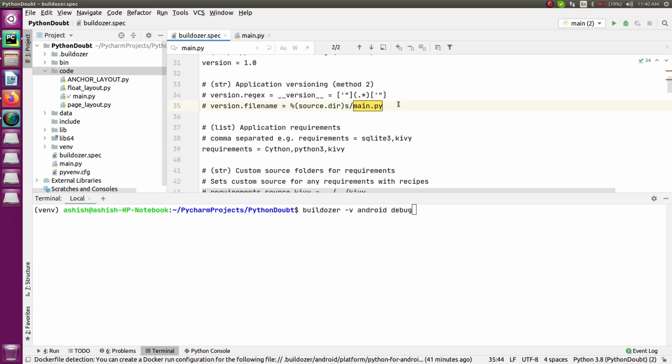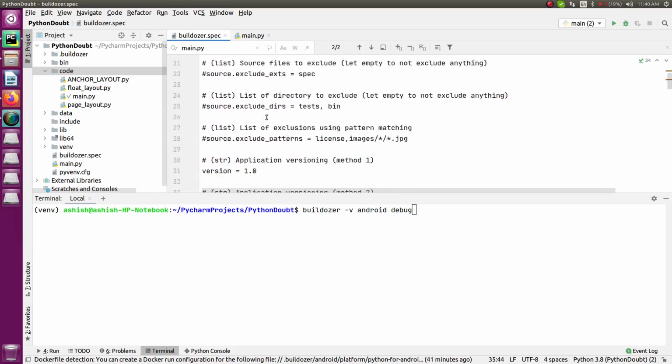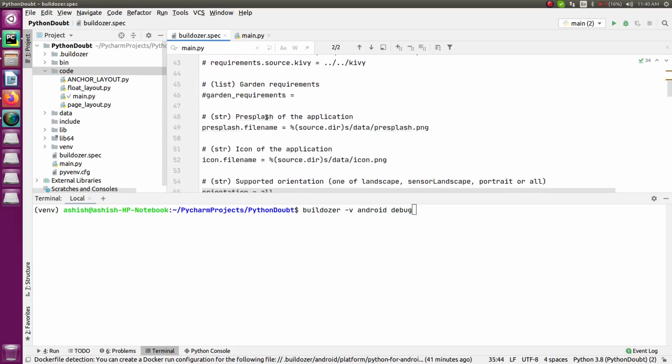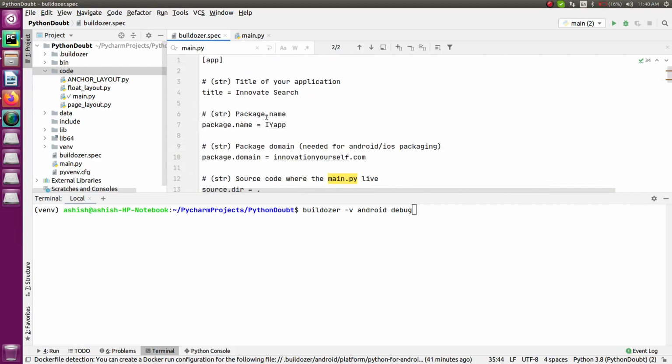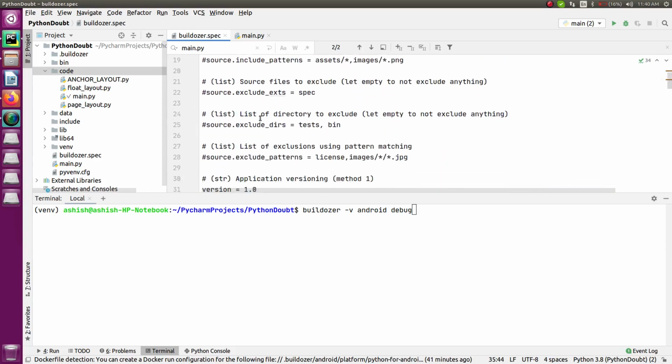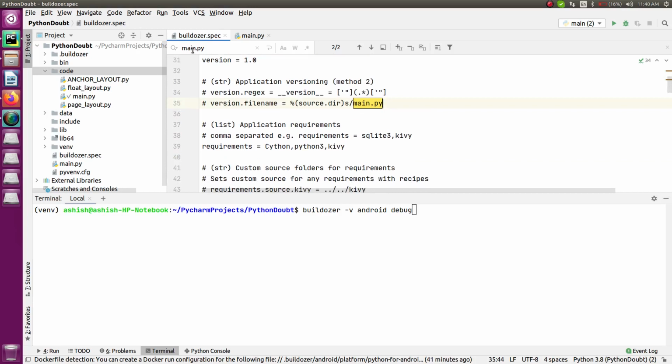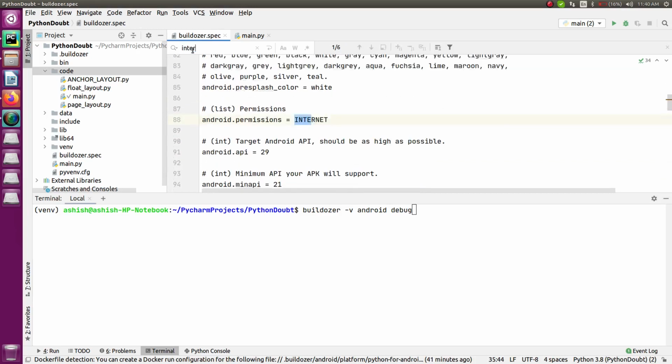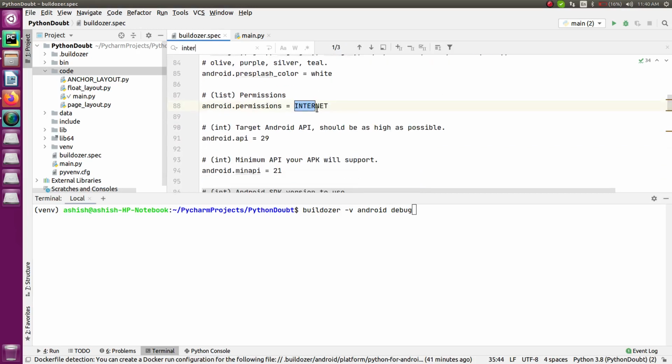Otherwise, if you want to change it and you are writing a different name for your script, then you also have to change this over here, and also uncomment this part, right? And then only you will be able to do it. One more thing I have to change for the application is that here you have to give the internet access, right? You can see internet access over here.